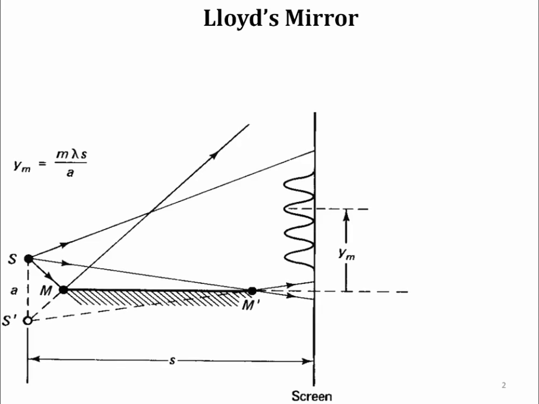So one topic which we had done already, I hope you have already been through this, but here I want to do a quick overview of this Lloyd's mirror. In this experiment, we actually obtain an interference pattern with the help of a very simple arrangement. In that arrangement, we simply use a mirror which is placed horizontally, and then we put a source of light near the mirror, and the interference is produced because of